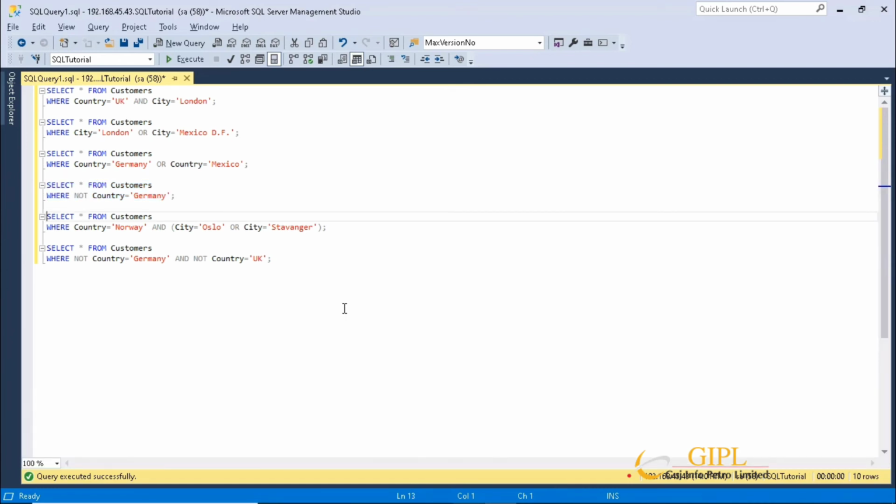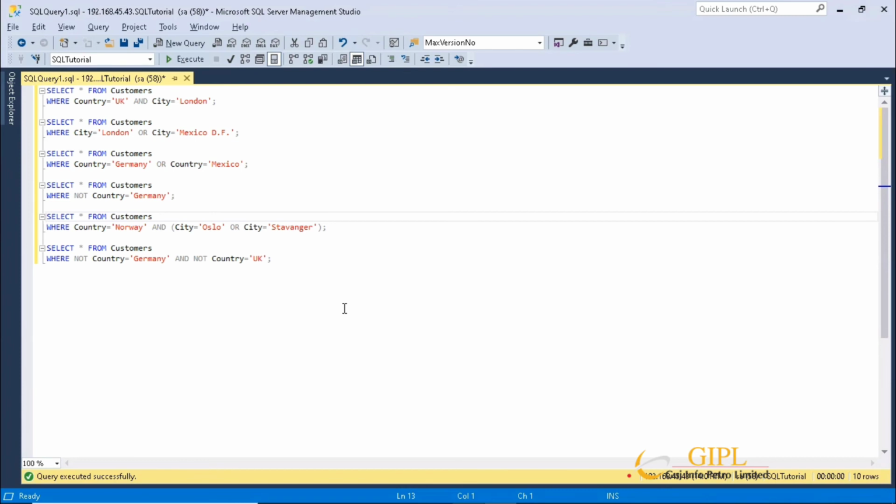Now let's see combining AND, OR, and NOT operators. You can also combine the AND, OR, and NOT operators wherever you want. The following SQL statement selects all fields from customers where country is equal to Norway and city must be Oslo or Stavanger. Please note to use parentheses to form complex expressions like this.